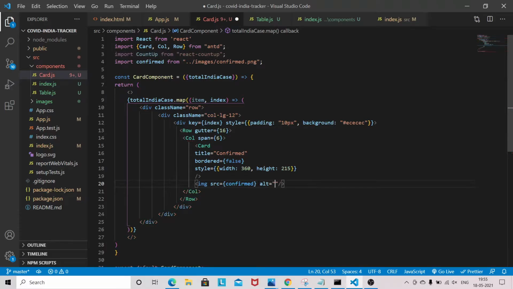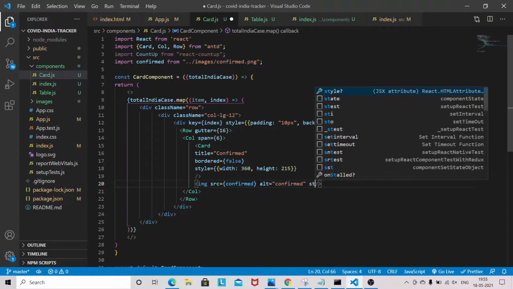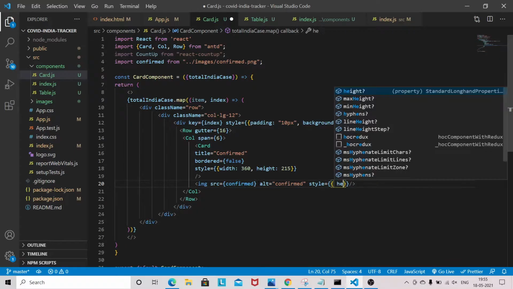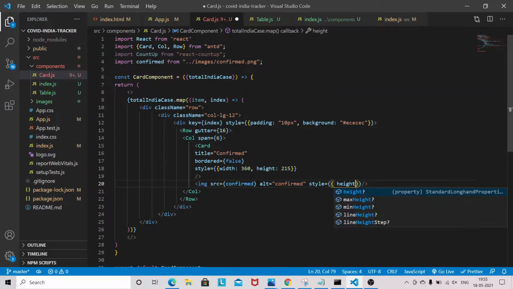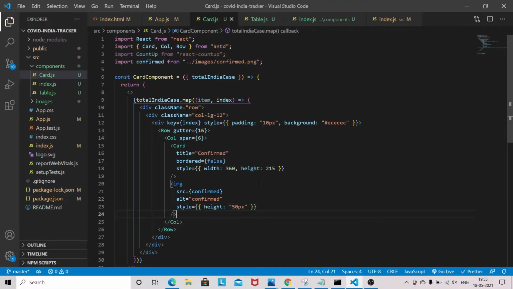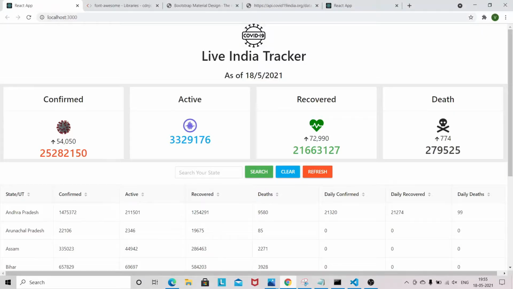So let's give confirm, and we have to provide the style. Style will be something like height 50 pixel. Okay, so let's see the image.